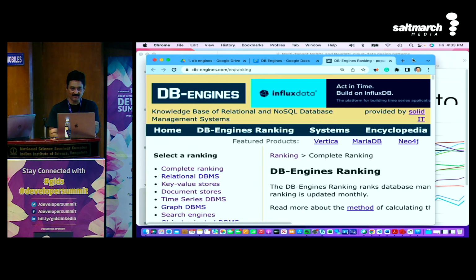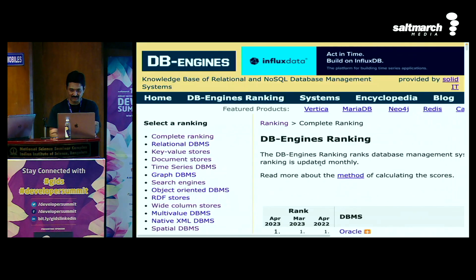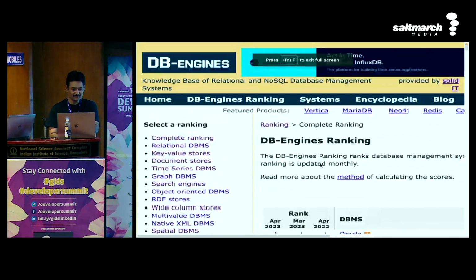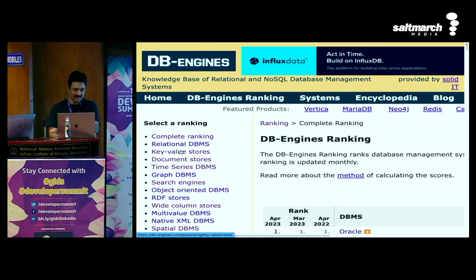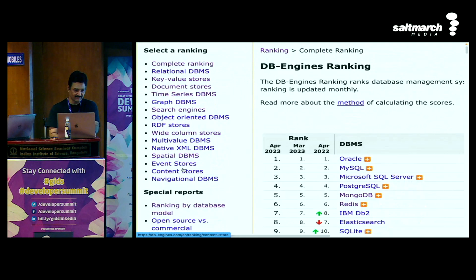But if I go back to this here, this gives us all the databases. The important ones here are some of the databases we are going to look at. But as you can see, there are a lot of databases. Spatial databases are coming out in the last 1 to 2 years. That means geospatial coordinates. You need to know where the geospatial coordinates are, so you can now act on top of it.